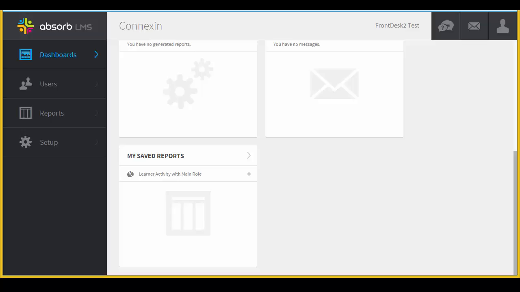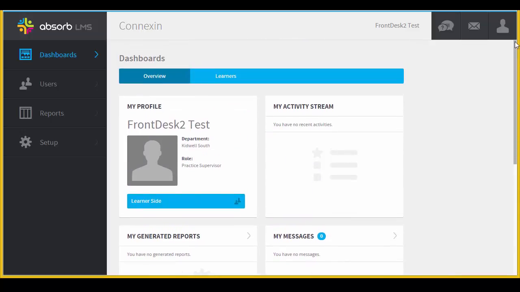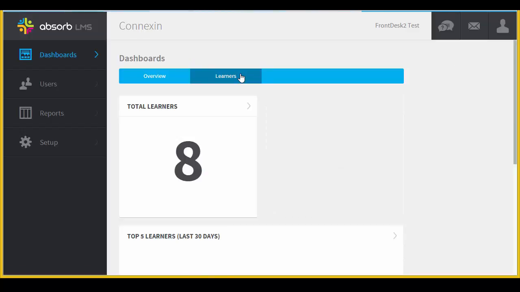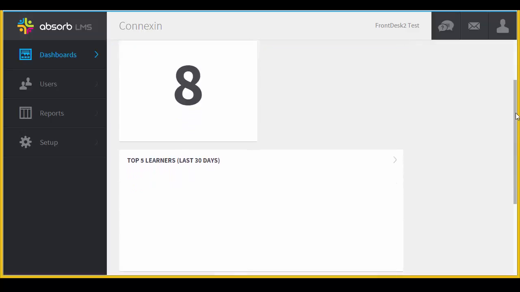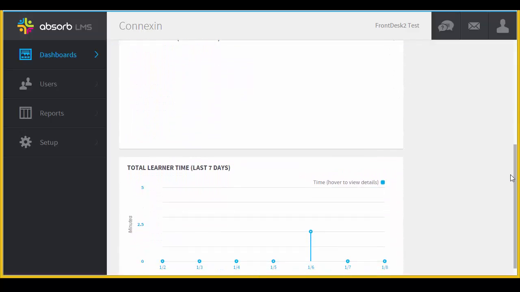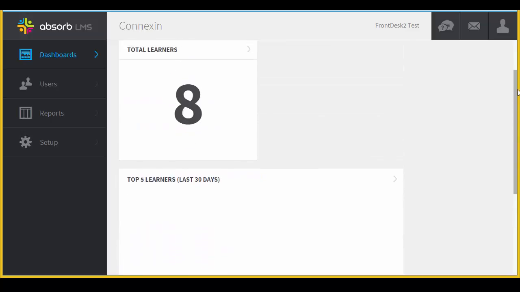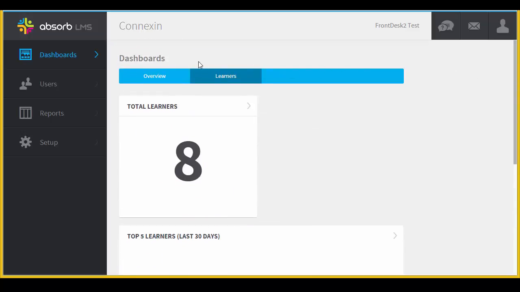Also on the dashboard, you can see here next to the Overview tab that there is a Learners tab as well. Once you click on the Learners tab, this is going to provide you with some quick information regarding the number of learners that have been set up for your practice, as well as some quick graphs that will show you some information once the learners start to work on their e-learning. I'm now going to go ahead and go back to the Overview tab of the dashboard